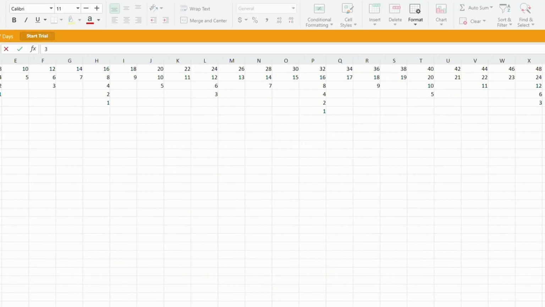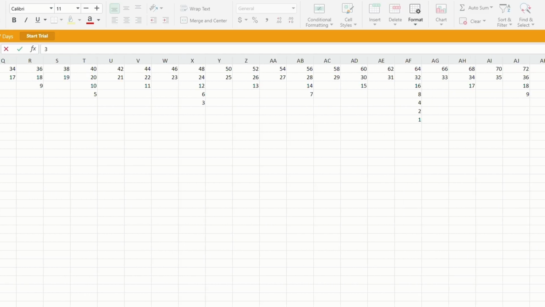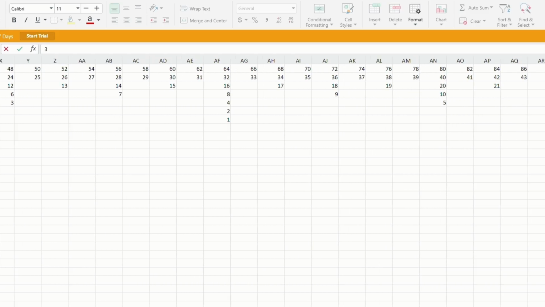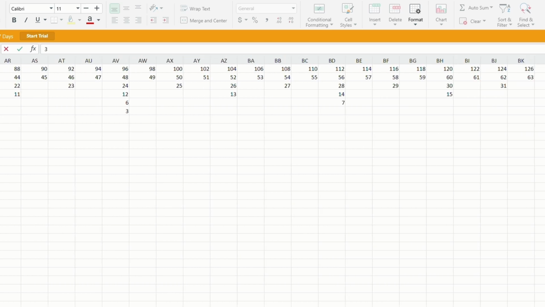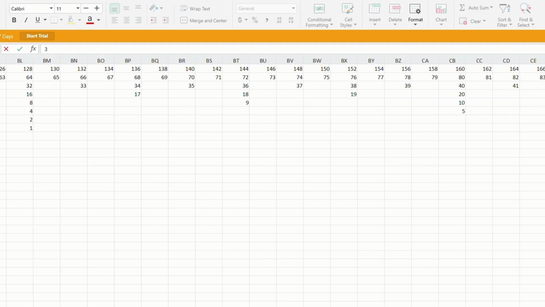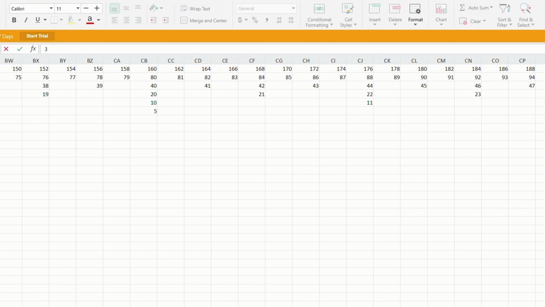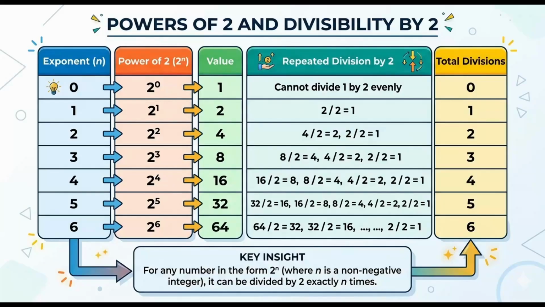To build each new step, it's fairly simple. The first member of each modular set is the first value with the next higher halving count, and the gap between members is double that. So 4 mod 8 has a halving count of 2. 8 mod 16 has a halving count of 3, and so on. Altogether, this produces the ruler function that looks like 1, 2, 1, 3, 1, 2, 1, 4, 1, 2, 1, 3, and so on.